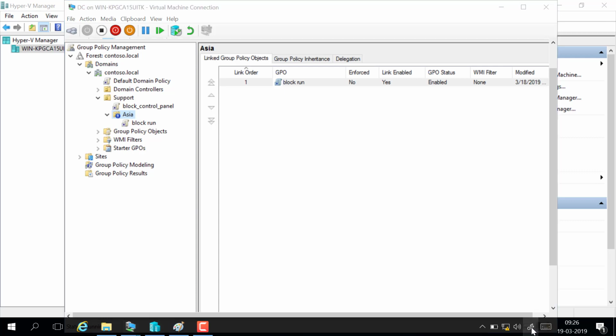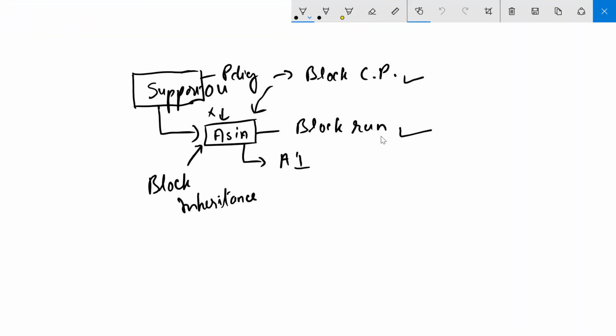Now let's look at the other option which goes by the name of enforced. So for this, let's take a scenario. Once again, it's going to be the same one. So I have the support OU and I have the Asia OU, and I can see that the Asia OU has blocked inheritance. Right now, blocking inheritance may be good, may be bad. Sometimes it could be good wherein you say that policies from the top level OU shouldn't apply to us, but